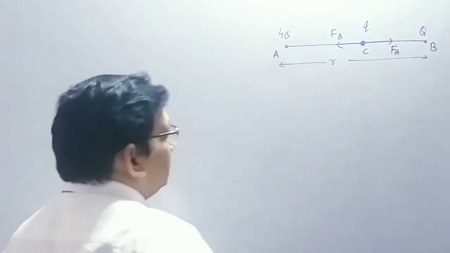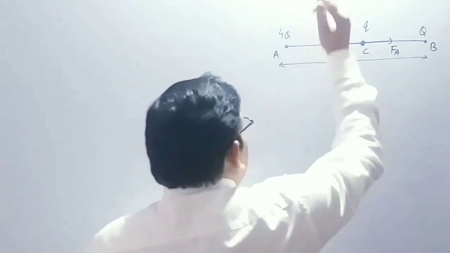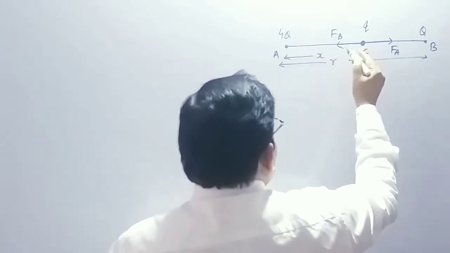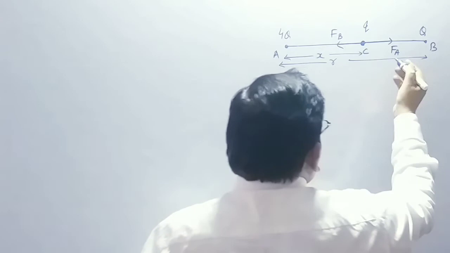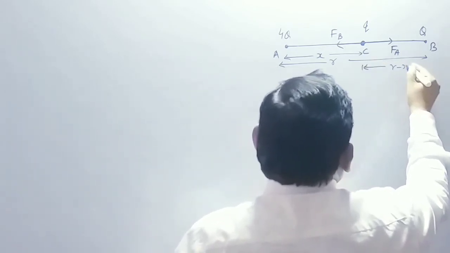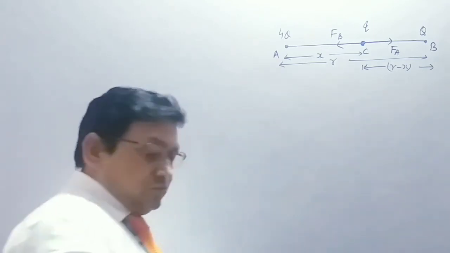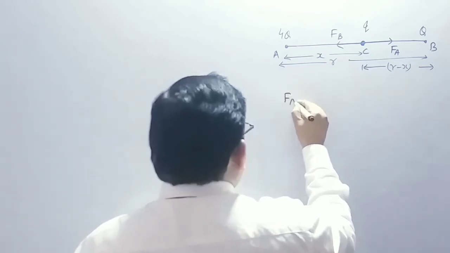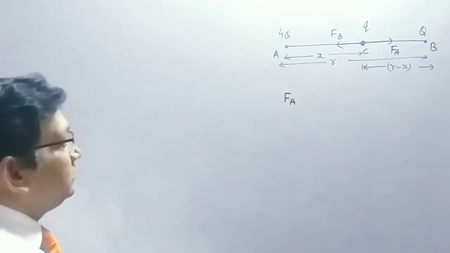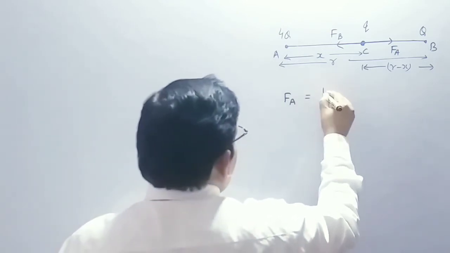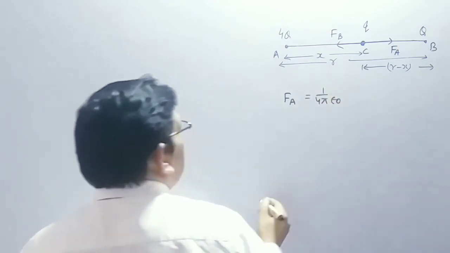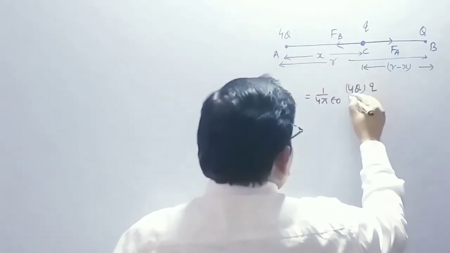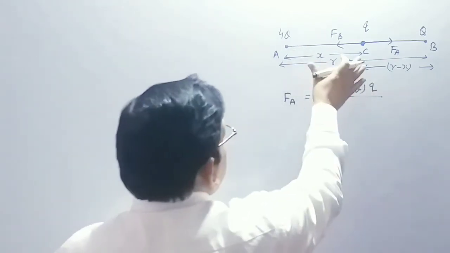So what is the Coulomb's formula? And also assume that the charge small q is placed at a distance x from 4q. Then this distance should be r minus x. So you write the Coulomb's law. How to write force here? Apply Coulomb's law. One can write down 1 by 4 pi epsilon, what is the charge? One charge 4q, another charge small q. What is the distance? The distance is x.